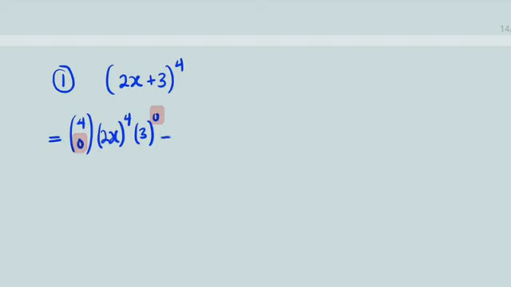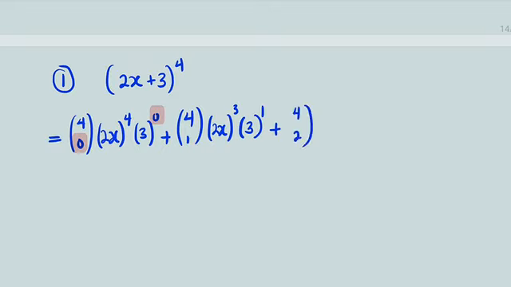You take the second term, 4 combination 1, a, which is 2x, to the power of n minus 1, that is 4 minus 1 is 3. Then b will take that value of r, which is 1. So 3 raised to the power of 1, plus 4 combination 2, a, which is 2x, raised to the power of n minus 2. 4 minus 2 is 2. Then our b is 3 raised to the power of 2, plus 4 combination 3,